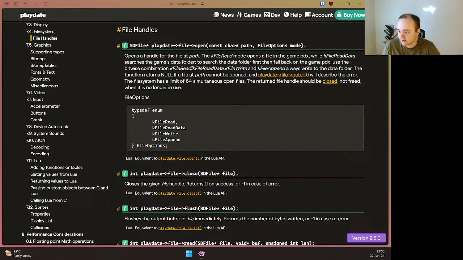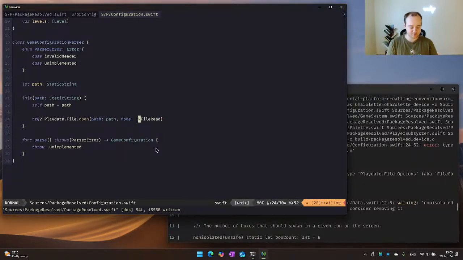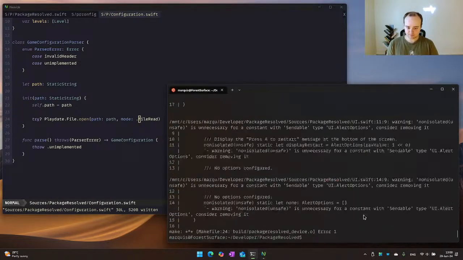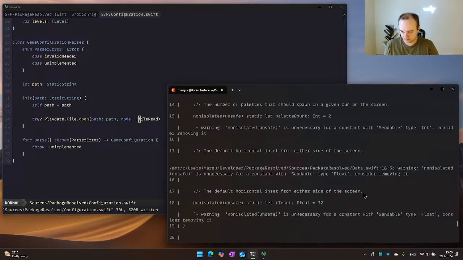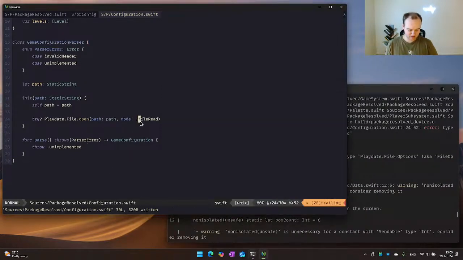Oh, I am sharing the documentation screen again. Okay, here we go. Playdate file options has no option K-file read. Did we change it to just file read? Maybe? Maybe it's just read.